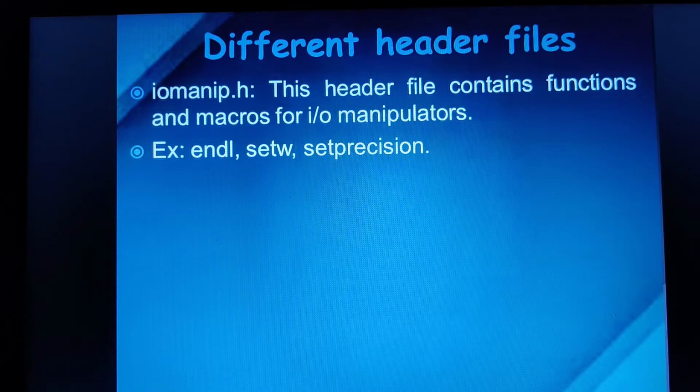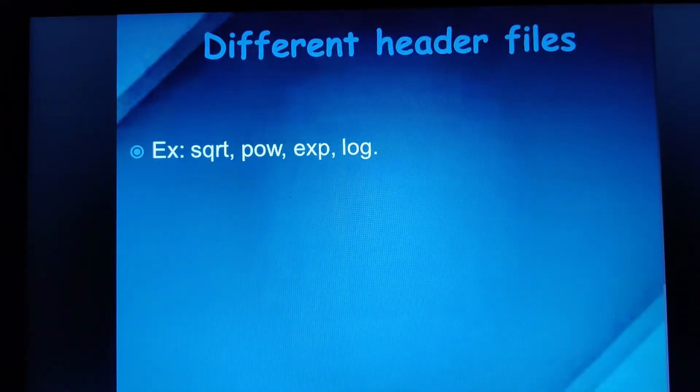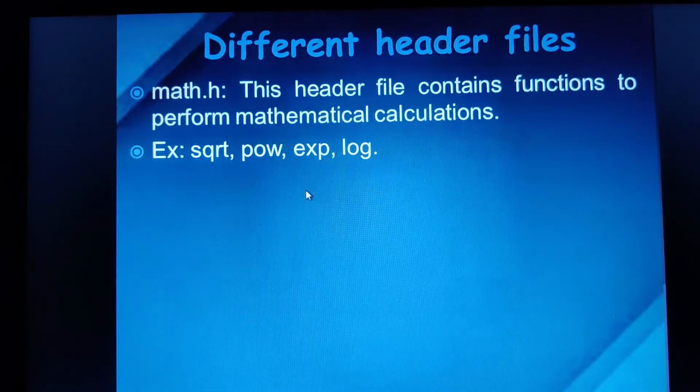So moving on to the next header file, that is math.h. I know you have already come across the function known as square root. We have used it in class, power we have used, exponential also we have used, isn't it? Some of the mathematical functions which are most commonly used in our programs I have included here. Apart from that, we have tan, cos, sine, sine inverse, cos inverse.